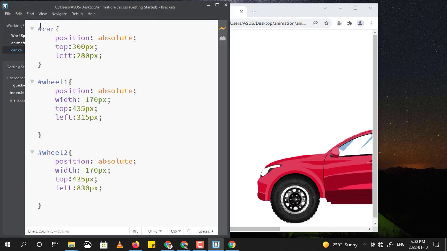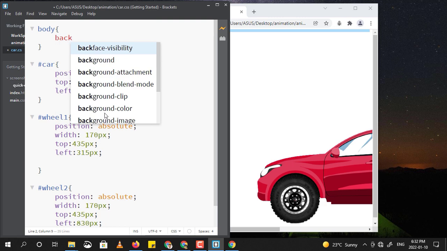Now, after trying all the combinations, the car is properly set, and